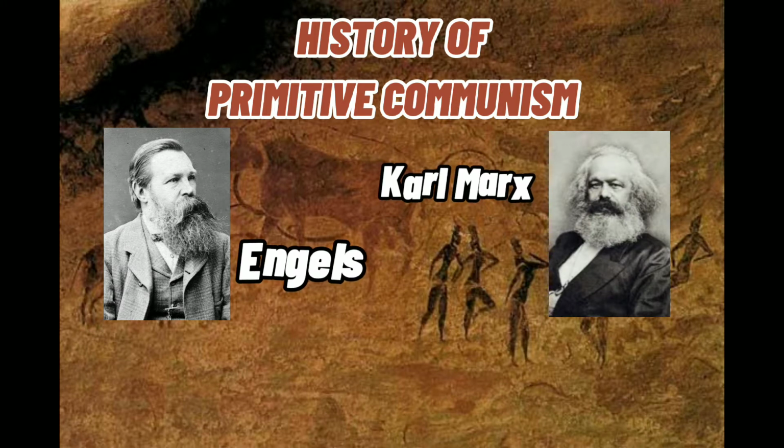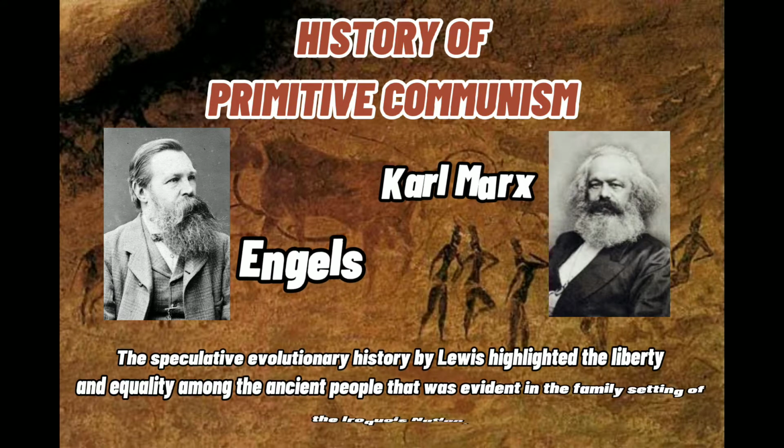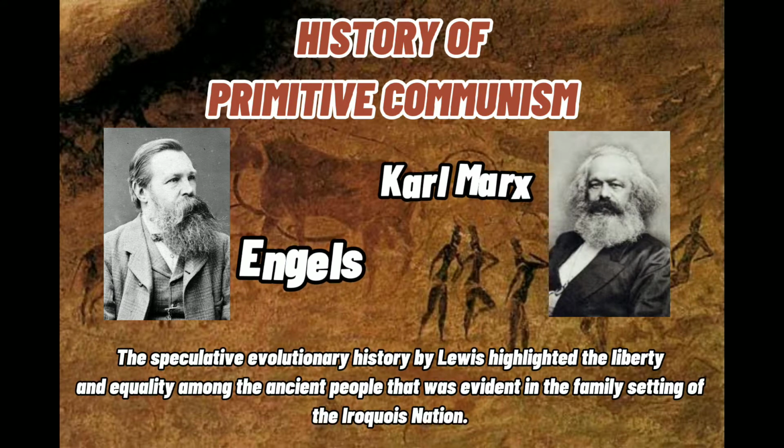Karl Marx and Engels were inspired by Lewis Henry Morgan's description of communism in living that characterized the Iroquois nation of North America. This speculative evolutionary history by Morgan highlighted the liberty and equality among the ancient people. Engels transformed this idea into an evolutionary theory with a publication, The Origin of the Family, in